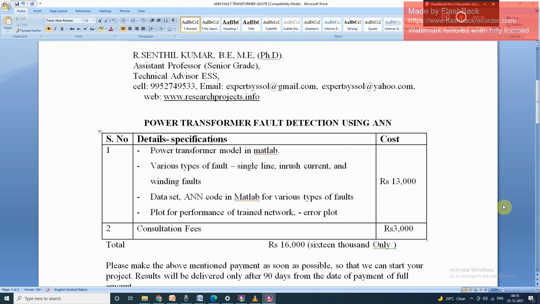When you come to the type of faults, you will find winding to core faults, which is due to the weakening of the insulation. Then we have phase faults that occur within the transformer, and sometimes you will also find terminal faults, that is outside the transformer unit but occurs within the transformer protection zone.